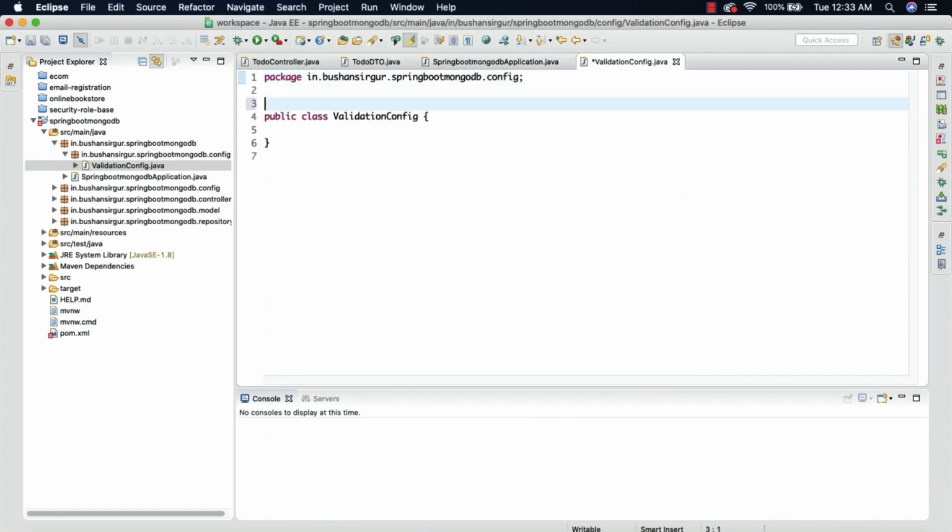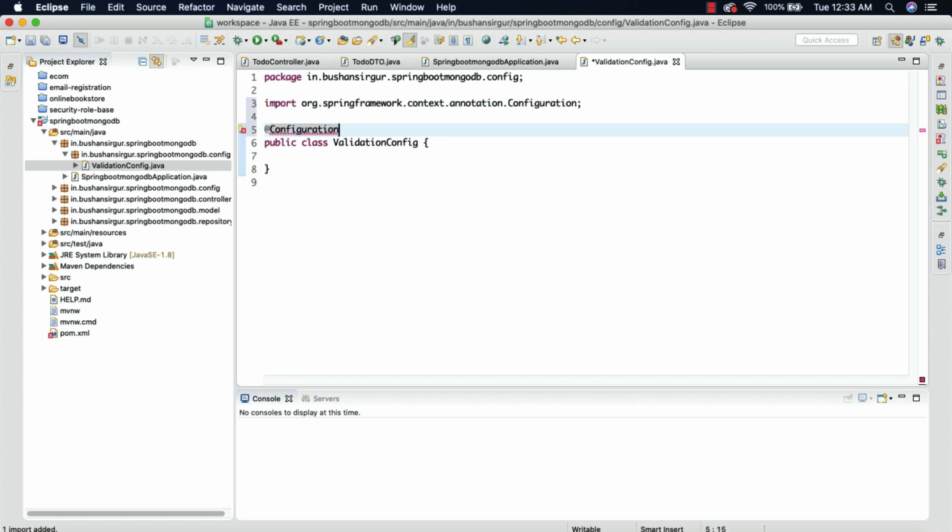I'm going to annotate this class with the @Configuration annotation, so that it will be registered at the time of application startup, so that Spring Boot will get to know that this is a configuration file, and the things which we define in this class will be bean classes. Let me import Configuration, and inside this I'm going to create two beans: one is the ValidatingMongoEventListener, which is an event listener, and another one is the LocalValidatorFactoryBean.